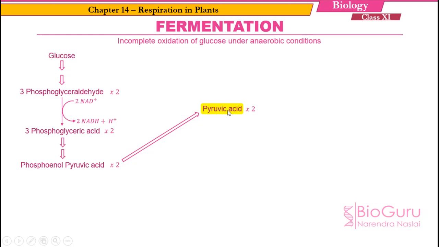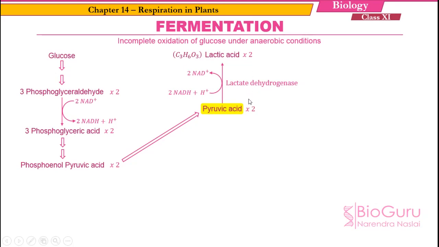So in absence of oxygen, the pyruvic acid may produce lactic acid. That is, 2 molecules of pyruvic acid may produce 2 molecules of lactic acid. Its formula is C3H6O3, right? Now during this reaction, the NADH which is produced in glycolysis will be utilized. So 2 NADH are utilized over here, and this particular reaction is catalyzed by the enzyme called lactate dehydrogenase, right?